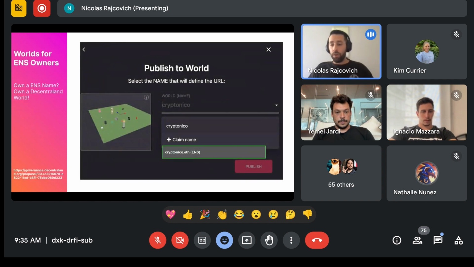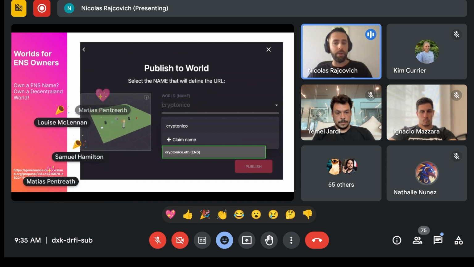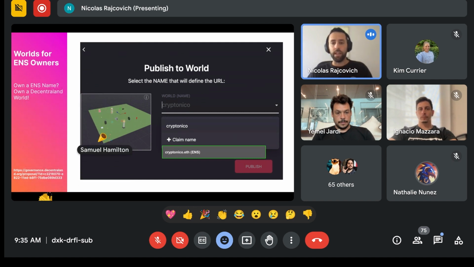This is something cool as well that was voted on the DAO some weeks ago on the proposal of Worlds 2.0, if you remember. One of the things is making Worlds available for ENS holders as well. Currently, if you own a Decentraland name, which is a subdomain of ENS, you can go to the Builder, create a scene, and deploy to one of your worlds.